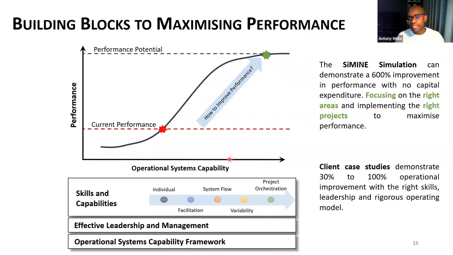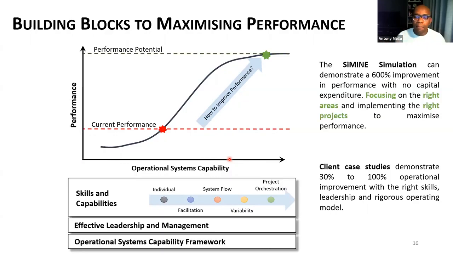So this is what does actually improvement look like, right? For SiMINE, we can actually demonstrate a 600% improvement, right? So that is actually what can be achieved from what most people achieve in the first round. But the question is how to improve this performance, right? So we're not going to give away all the answers because we'd like you to come and actually experience the SiMINE simulation for yourself and actually get a better understanding of some of these tools and techniques and some of the key principles in order to move yourself up from that current performance up to your maximum potential on that